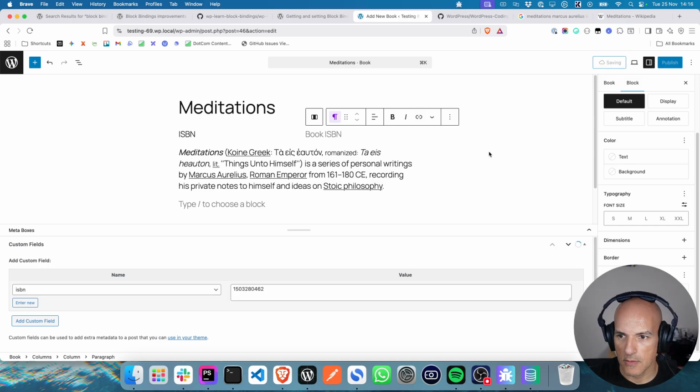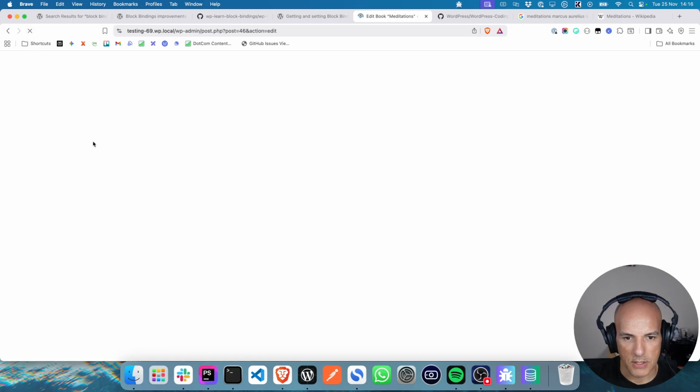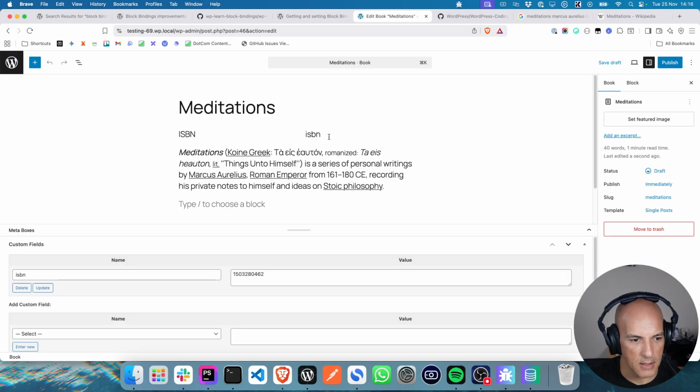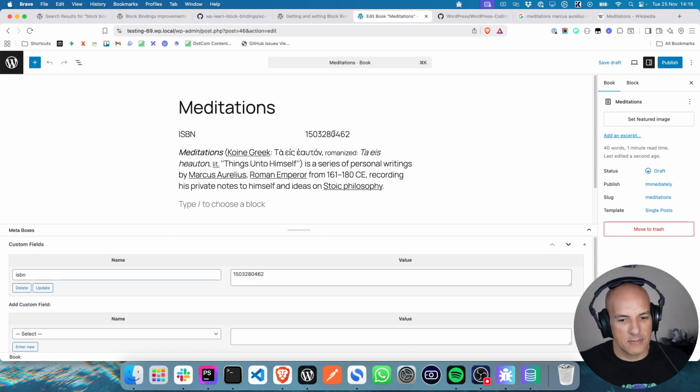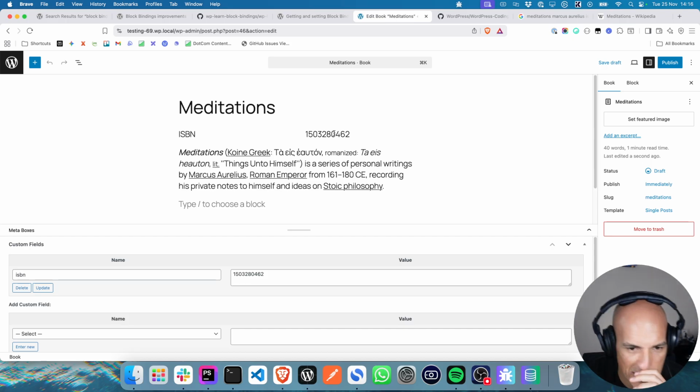And if I save that, I think it'll actually show the ISBN. It shows it like that. There we go, and it actually then pops in the ISBN field. So that's perfect. But now apparently you can also do it without the custom fields panel. I'll do that later because that's not 6.9 stuff.